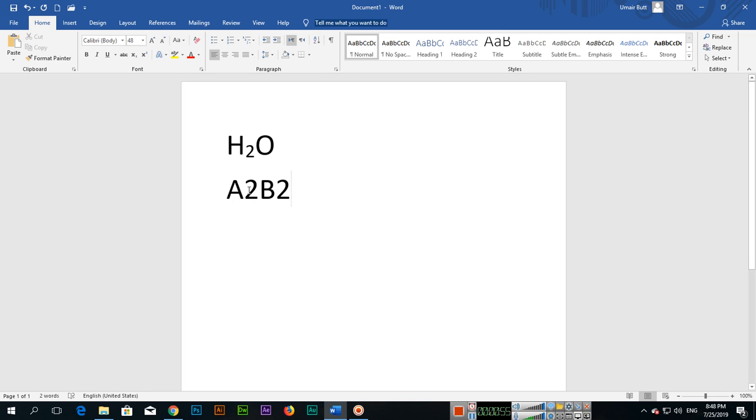Now if we want to apply superscript, we can apply it from here, superscript, or you can press Ctrl Shift plus on your keyboard. That is the keyboard shortcut key to apply superscript, and Ctrl plus equals you can use for the subscript, like